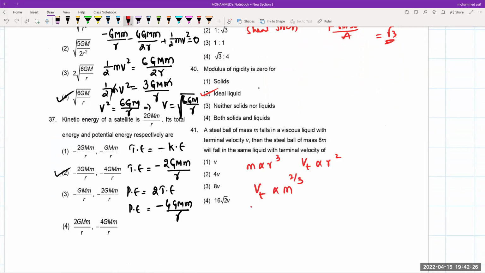लिखा था कि नहीं क्लास में? So v1 by v2 will be equal to m to the power of 2 by 3. उसका और एक mass कितना है बेटा? 8m. यानी this one is 8m to the power of 2 by 3. So that will be equal to m to the power of 2 by 3, m to the power of 2 by 3. 8 to the power of 2 by 3 मतलब 1 by 2. That means ये हो गया 1 by 4. तो कितना बन जाएगा बेटा? So V2 will be equal to 4 times of V1. So it should be 4 times of V1। ठीक है,